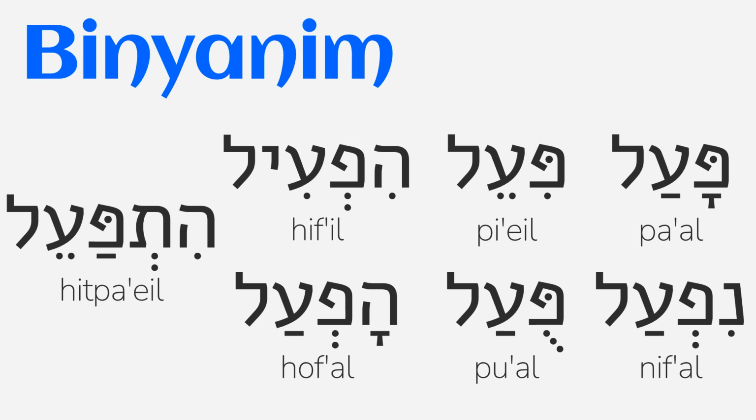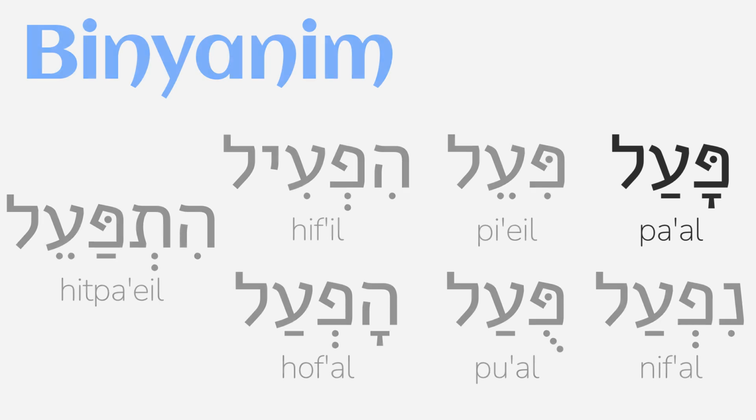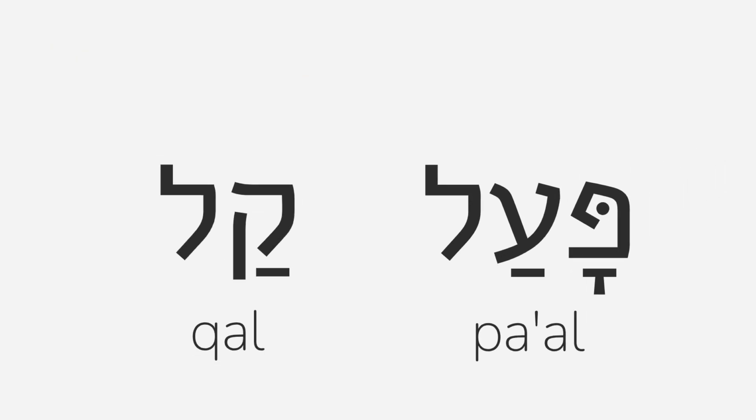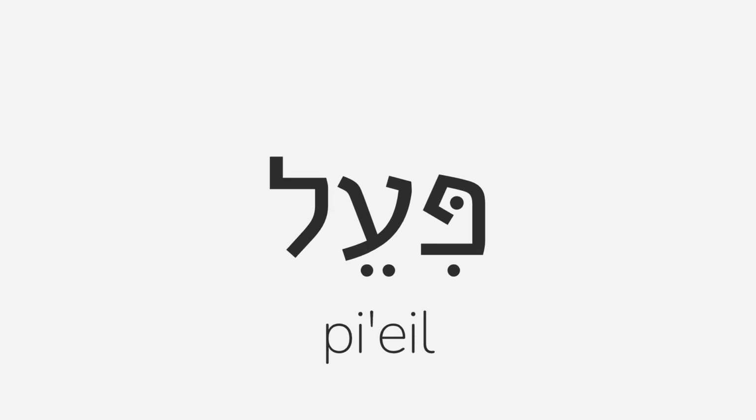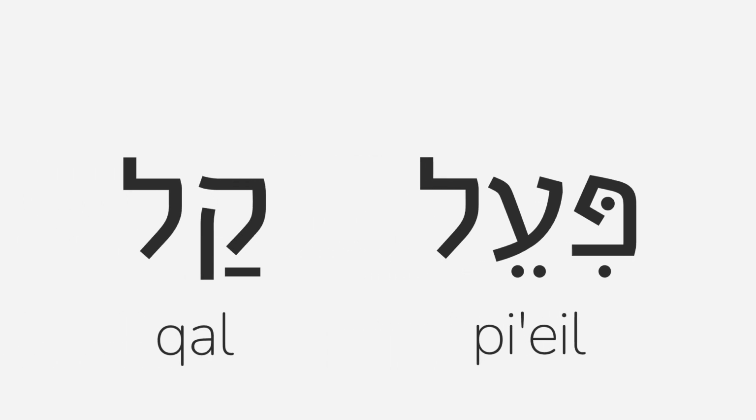We've learned that all the verbs we've learned up until this point are in the binyan called kal or pa'al. When a root is put into this binyan, the resulting verb has the basic meaning of the root. During these past few lessons, we've also been learning how to use the binyan called Piel. If a root is used both in the kal and the Piel, the verb will often have a more intense meaning